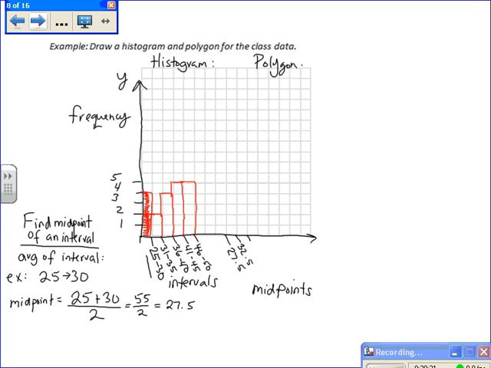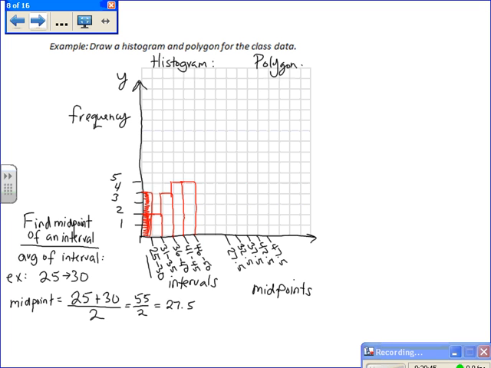Okay, the next one will be halfway between 35 to 40, which will be 37.5. The next one will be 42.5, and the last one will be 47.5. All I've done there is